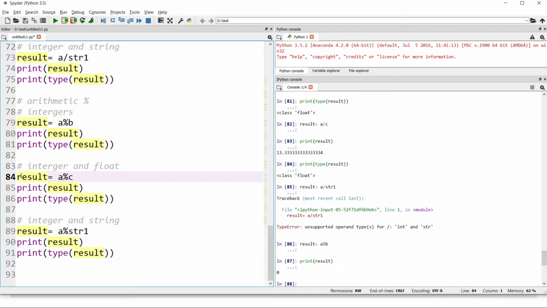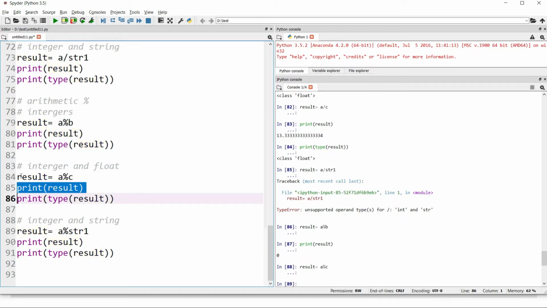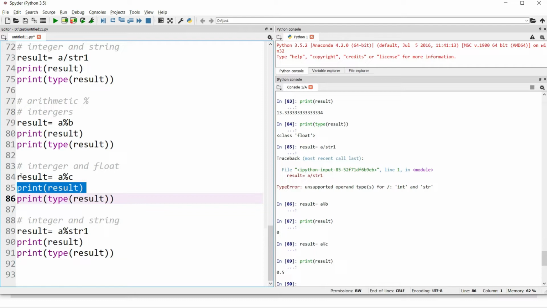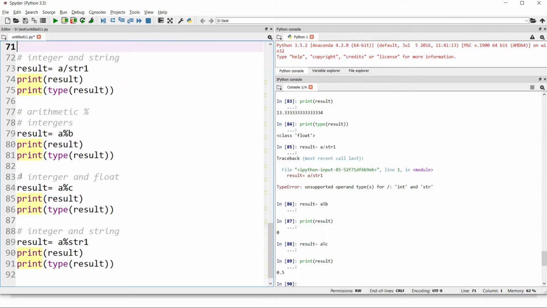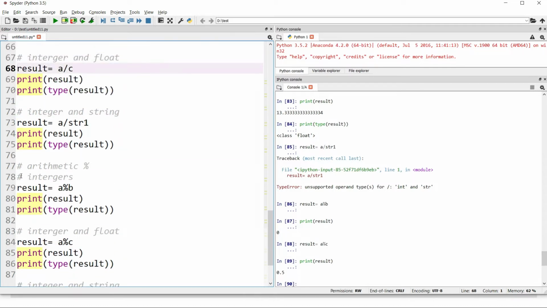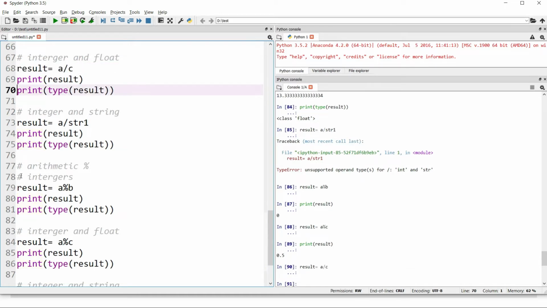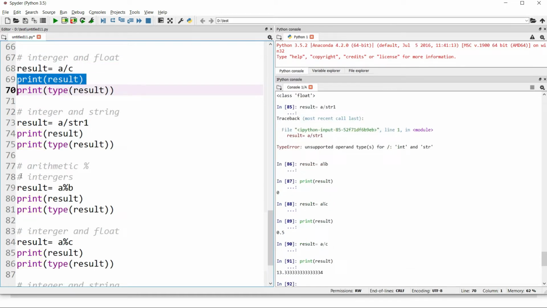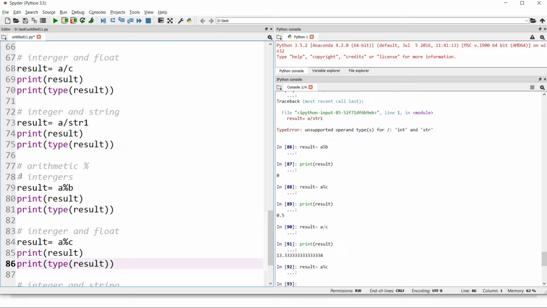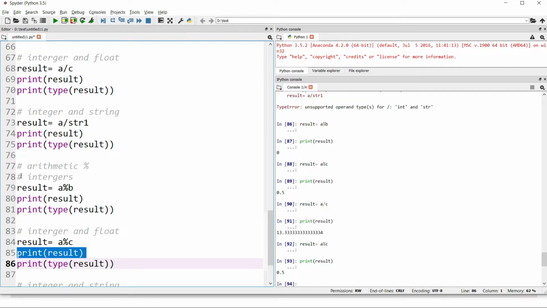I have 20 as my integer and 1.5 as my float value, and when I try to find out the modulus I get 0.5. Let me just rerun it again. When I tried doing A divided by C, the result was 13.3333, something like that. And when I tried to find out the remainder, it gave you 0.5.